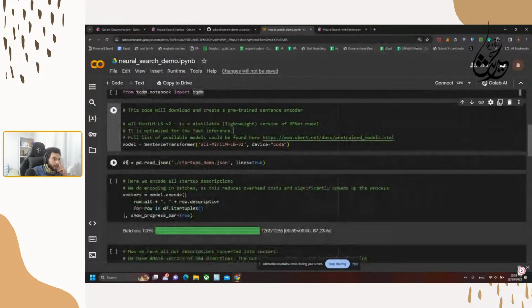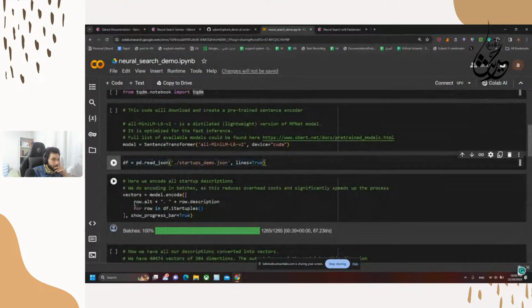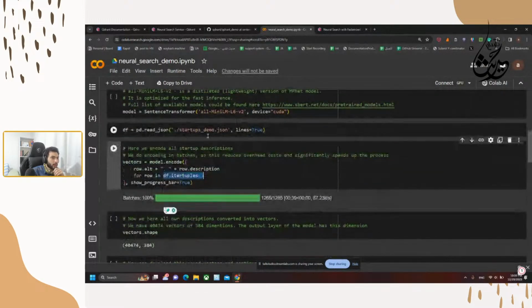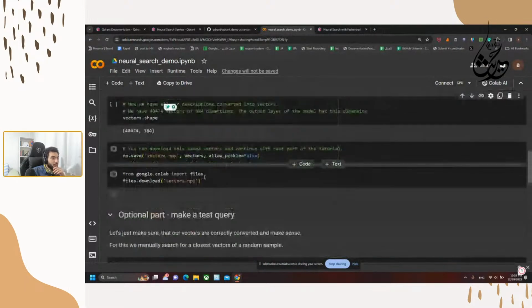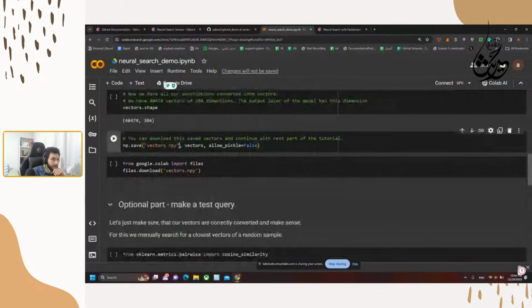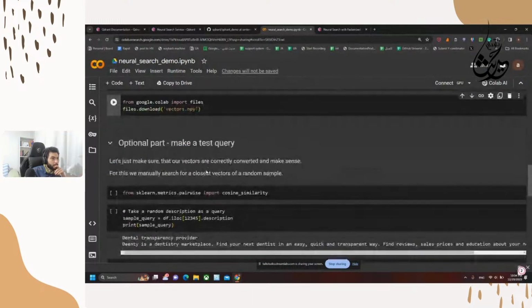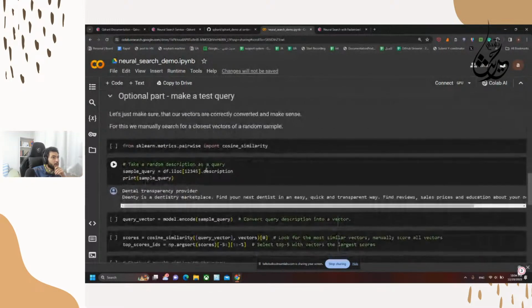Then they are getting the file, then encoding those rows, and for the raw data file, iterating over these files and getting the information, the shapes, saving them as NPY, then getting the file from Google Colab and making a test